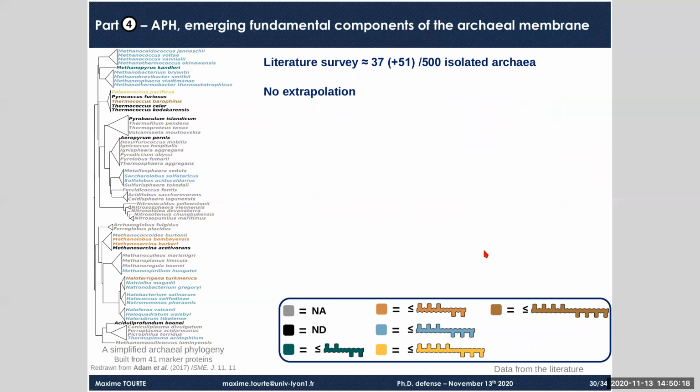We did the same analysis for our apolar polyisoprenoids. And as you can see here, the data was much sparser than for core lipids, as we could only come up with 37 such compositions before analyzing our Thermococcales strains, of course. So we didn't extrapolate at all the composition for apolar polyisoprenoids, but we just reported the longest compound each strain could synthesize. For instance, in dark green here, you have the strains that can synthesize up to C20 compounds, while in brown here, you have those that can synthesize up to C40 compounds.